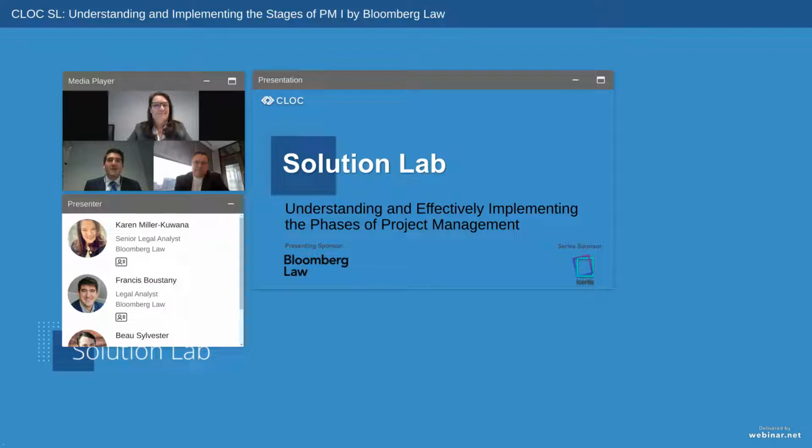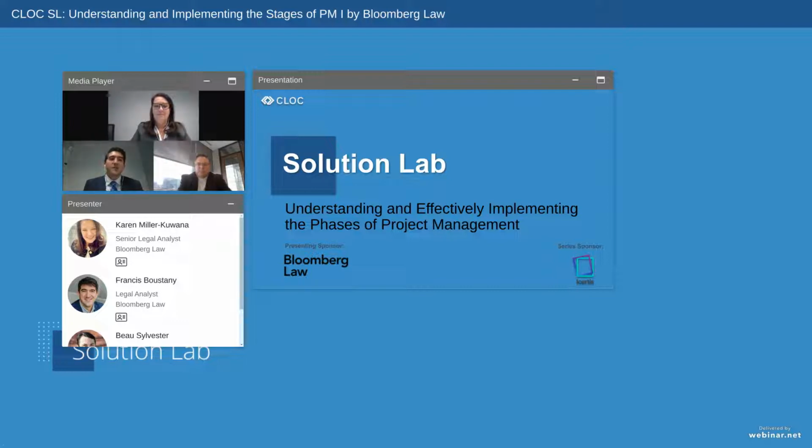The main goal of today's presentation is to give everyone a better understanding of project management, particularly in the context of the legal field. Today, our discussion will focus on 4 agenda items. First, common legal operations uses for project management. Second, who can benefit from project management processes? Third, an overview of the different phases of project management. And finally, common tasks within each phase of project management.